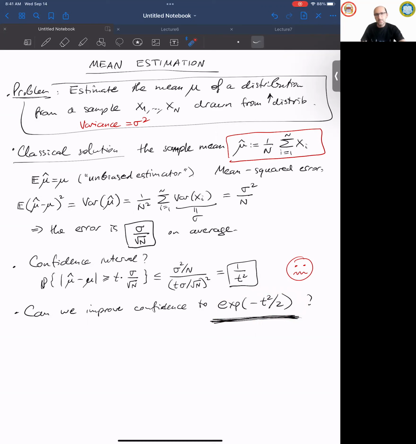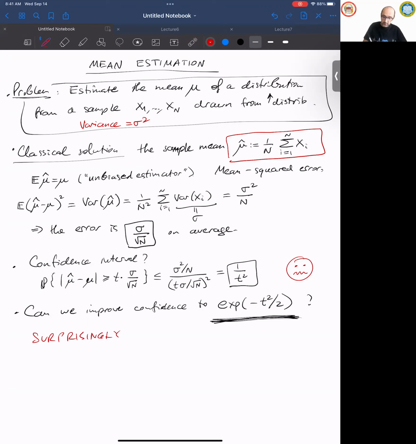Okay. My first reaction was no, because if you only know the mean and the variance, then Chebyshev's inequality is your best bet. You can't really beat Chebyshev's inequality if you only know the mean and variance. Maybe the tails are heavier than the Gaussian. How can you get the Gaussian tail out of nowhere, spinning gold out of hay? That's impossible. But surprisingly, and this is a very surprising result,